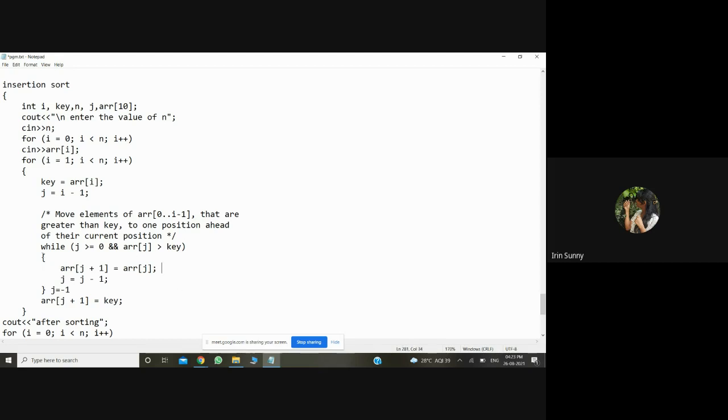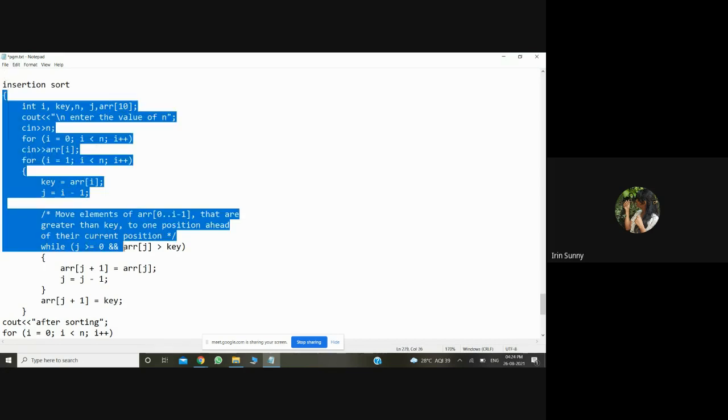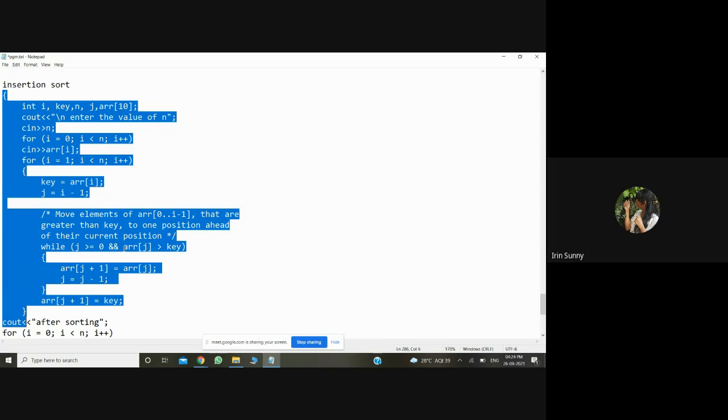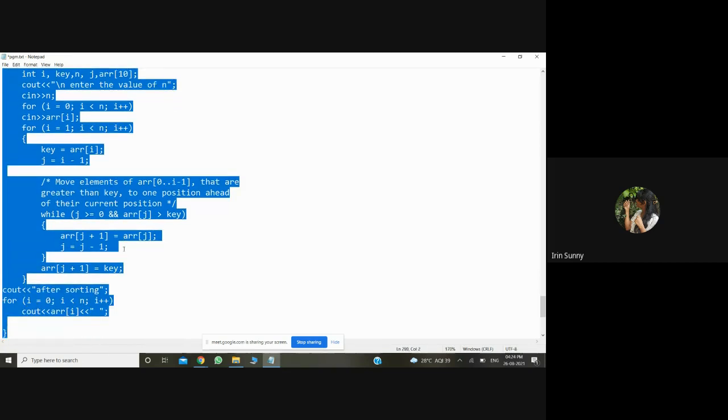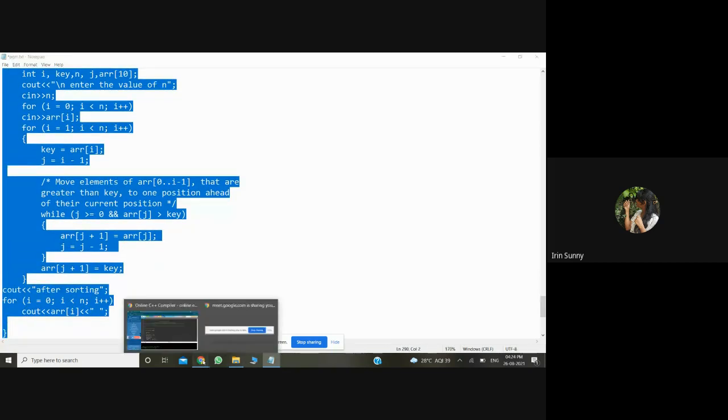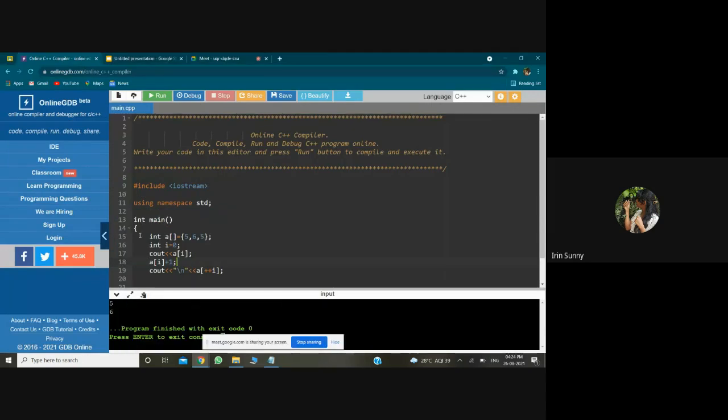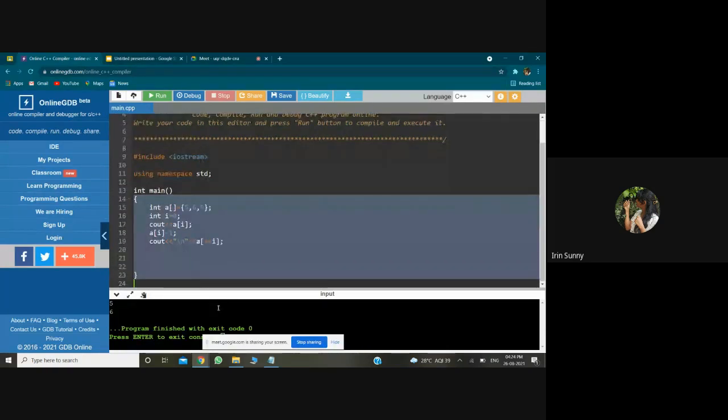We take one variable and then we swap it backwards. We take the variable at position I equal to 1, then compare it with the variable at position 0, and if the 0 position variable is greater, then we swap it. I'll actually run the program and show it, so it'll be more clear.